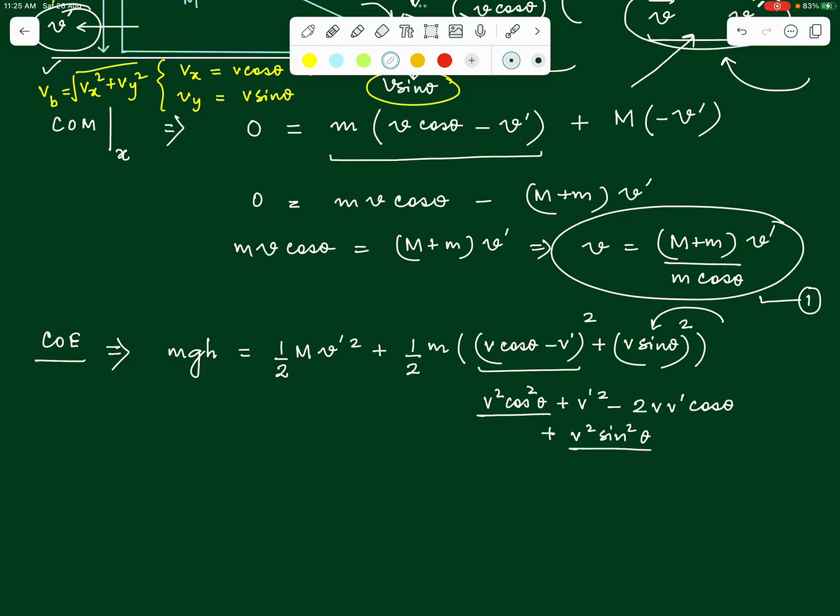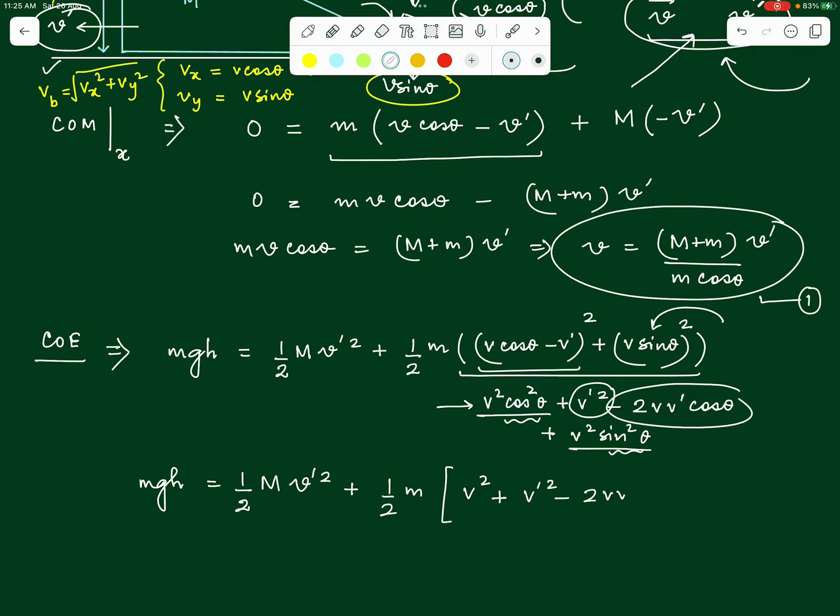See that this term and this term can be taken together, and if we take v squared common, we will get cos squared theta plus sin squared theta, that is 1. So, the final expression here that we will be getting, I will just write it in the next expression now, mgh is equal to half capital M v dash squared plus half small m into, see that we are getting v squared over here from the two terms, v squared plus v dash squared